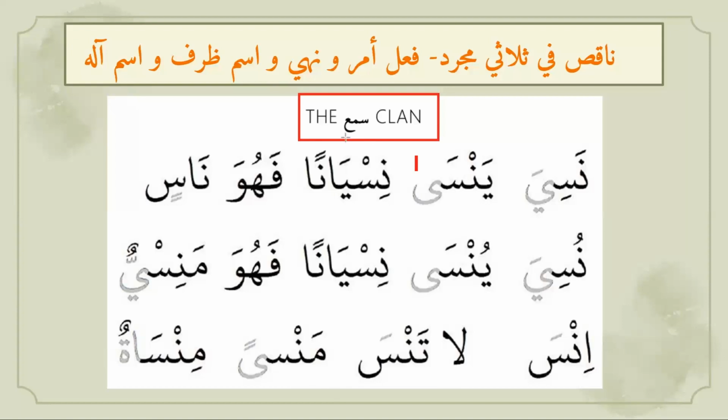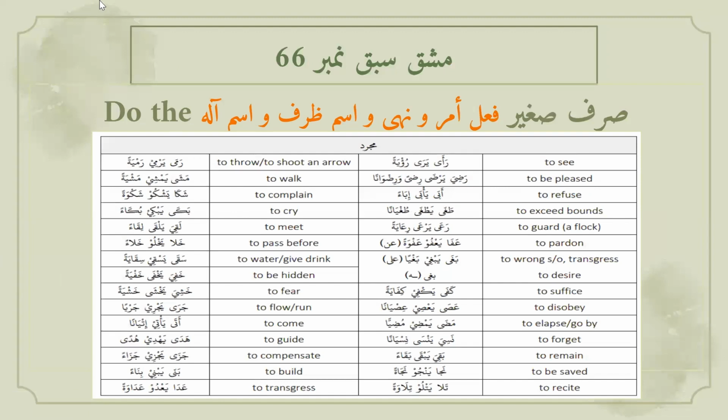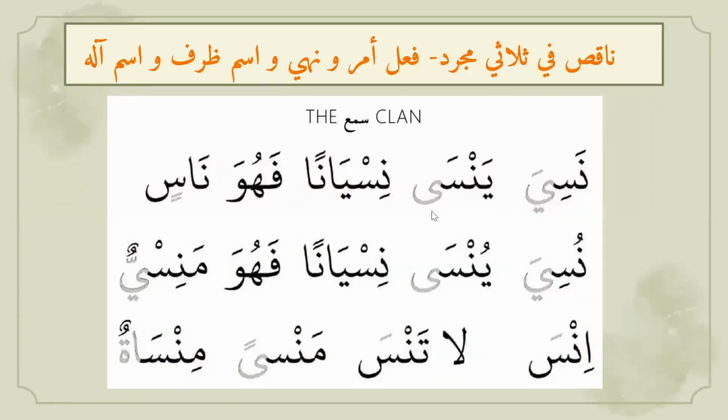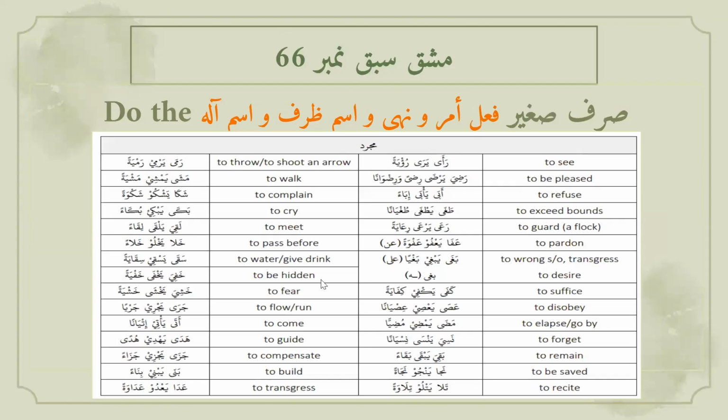So Bab Samia, the commanding and forbidding will have fatha. Insa la tansa. Why? Because it is Samia, so present tense has fatha too. Okay, so that's the end of this lesson. This has become short because we already covered the first and the second line of Sarf Sagheer in the previous lesson. So inshallah, in our live session, you are going to practice the whole Sarf Sagheer for these af'al, inshallah.